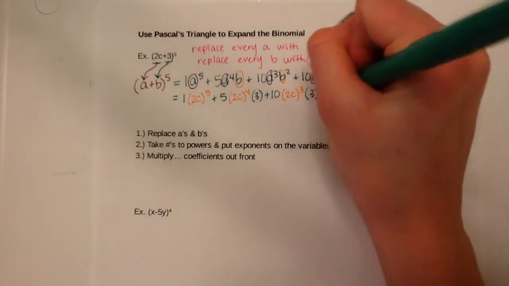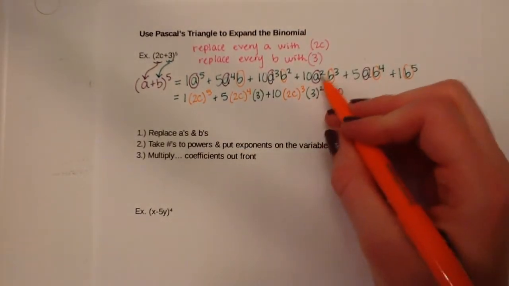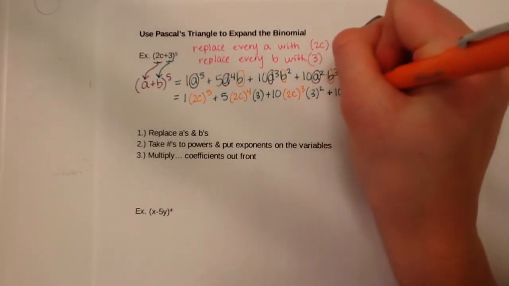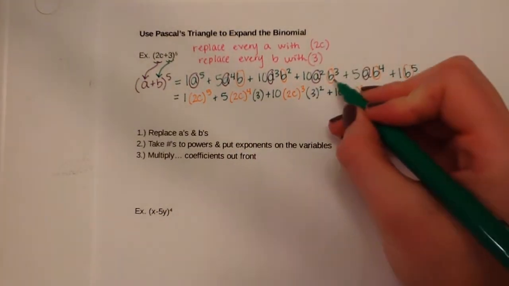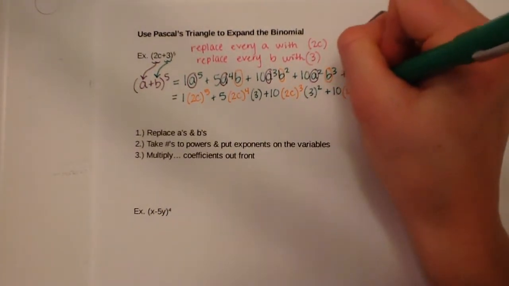Plus 10 times our A, so A squared, so (2C) squared, and we have B to the 3rd, and our B is 3,